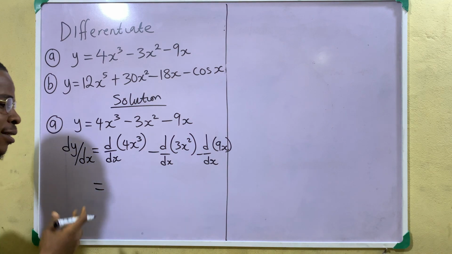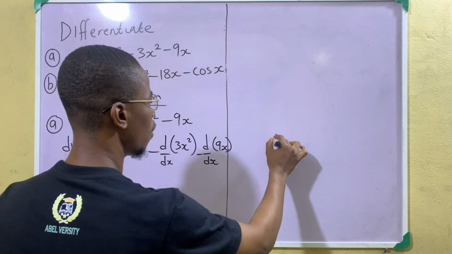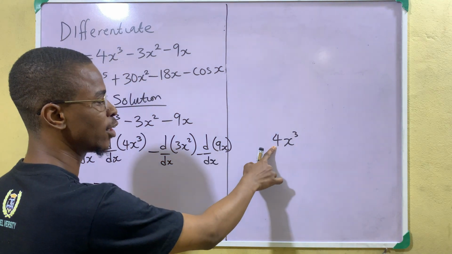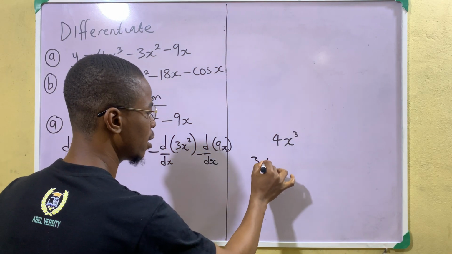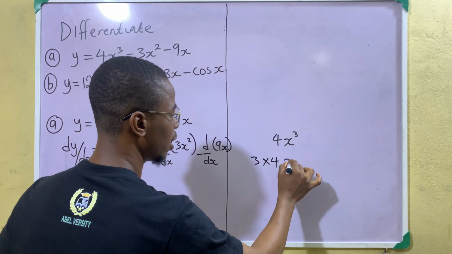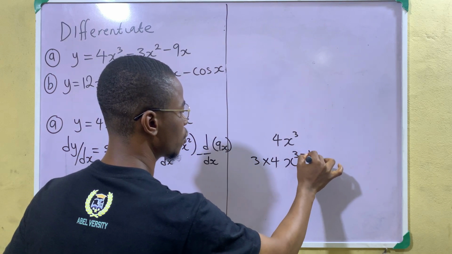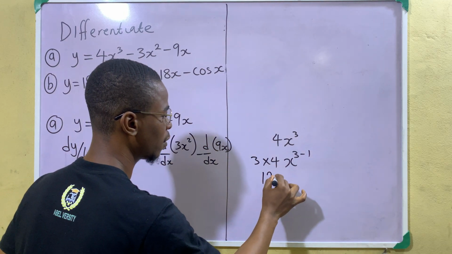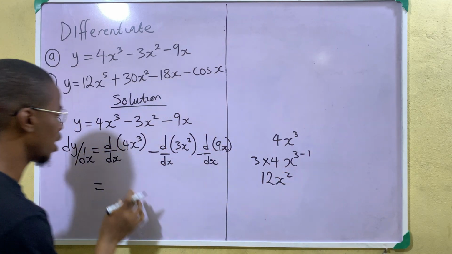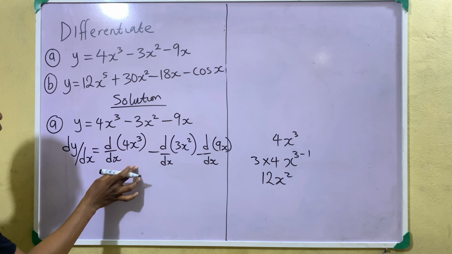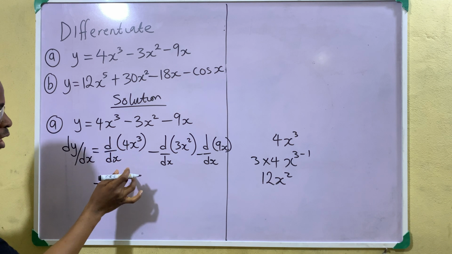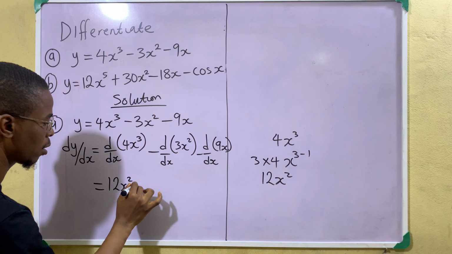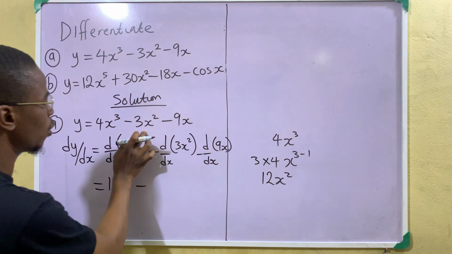How do you find the derivative of that? It's simple. We'll say 4x to the power 3. This 3 will come down to multiply the coefficient of x, which is 3 times 4. Then we have our x to the power 3 minus 1. 3 times 4, we have 12x to the power 2. That means this first derivative will be given as 12x to the power 2 minus, we go for the second one, which is